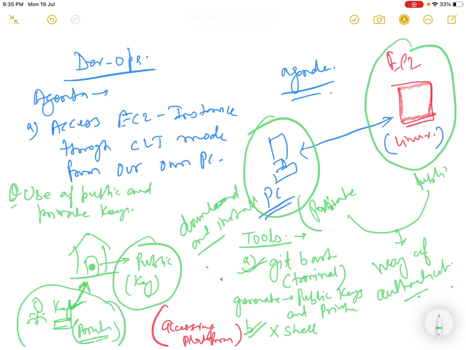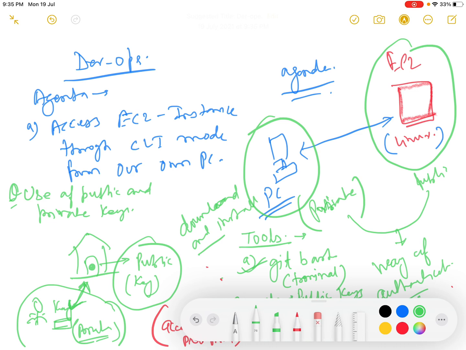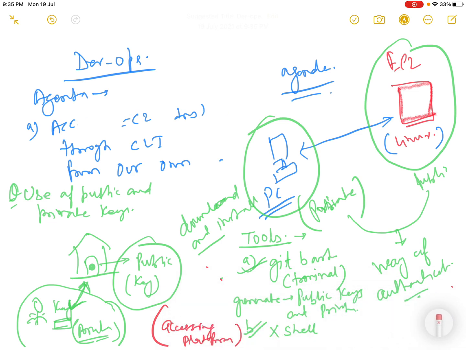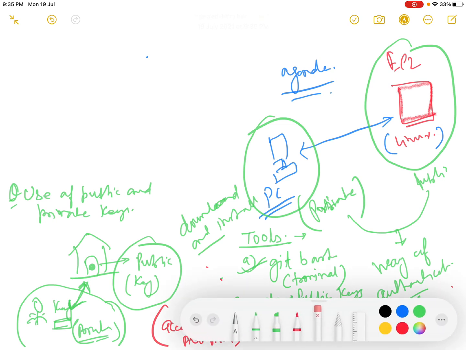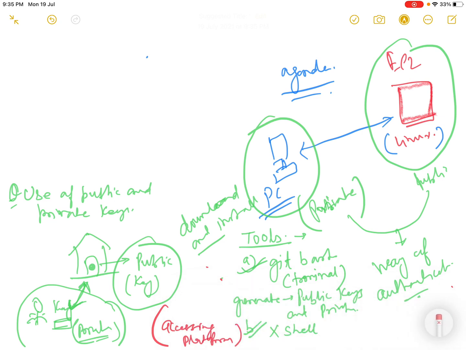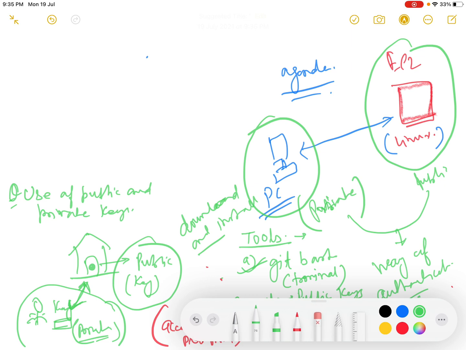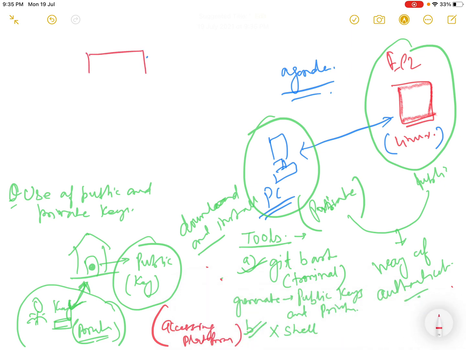So what should be the first step here? First, launch the EC2 instance.